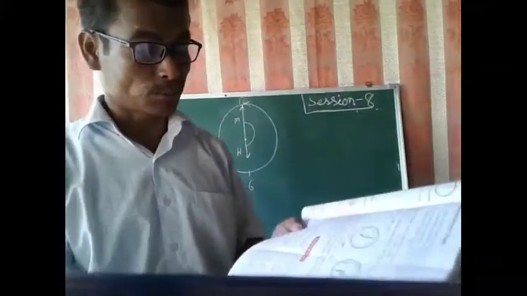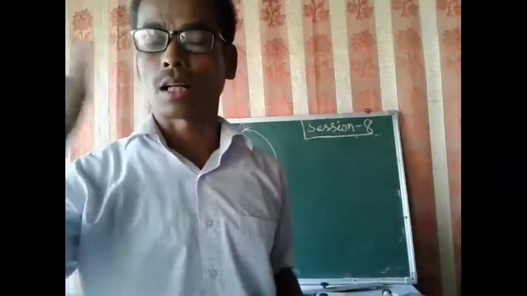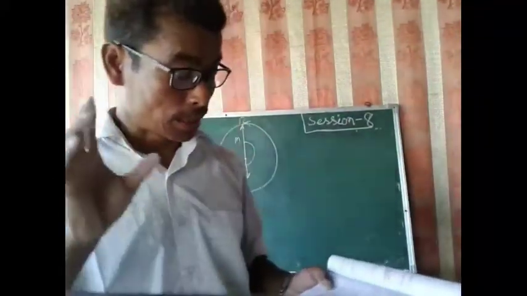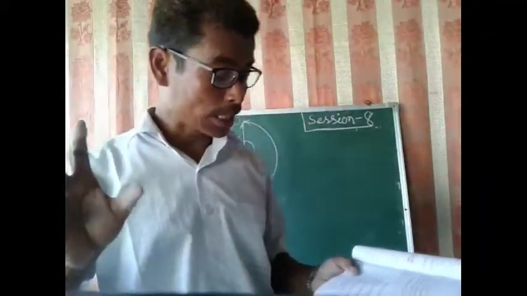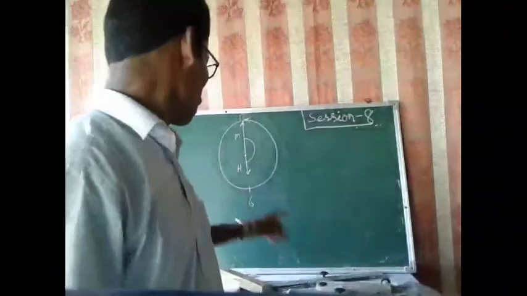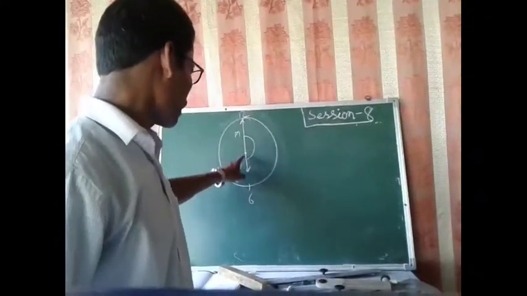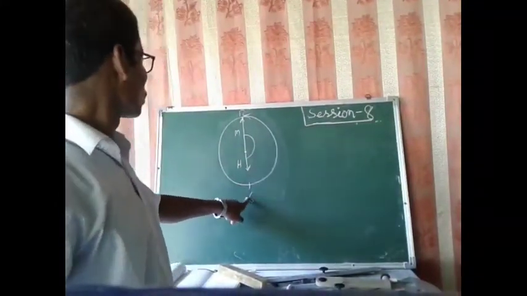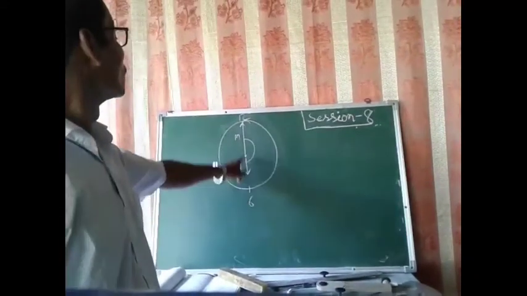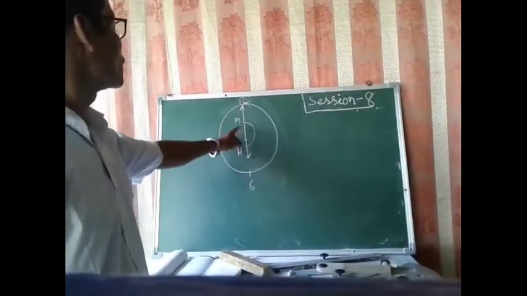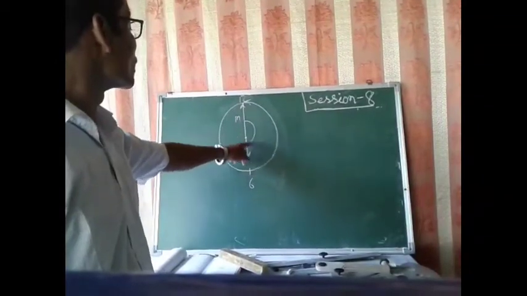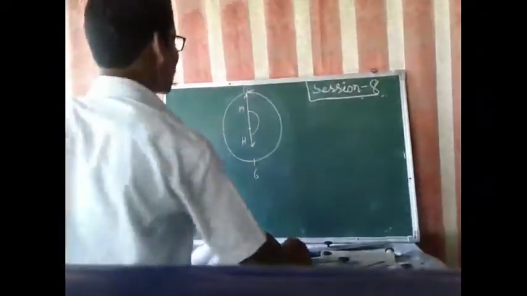What is the angle between the hands of the clock? There are two hands of a clock. One is the hour hand, the other is the minute hand. The angle between the minute hand and the hour hand at 6 o'clock, when the hour hand points to 6 o'clock, both hands make an angle whose measure is 180